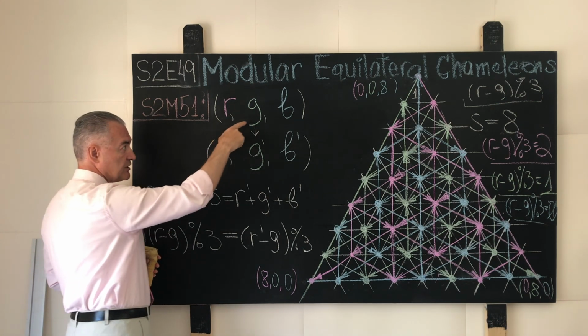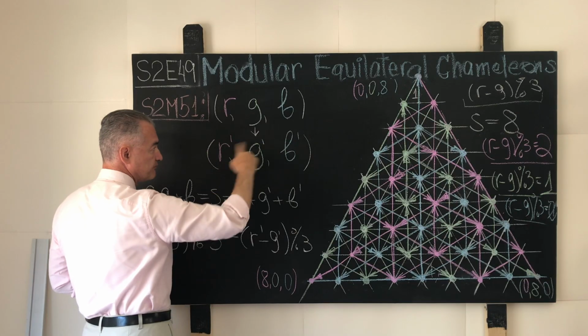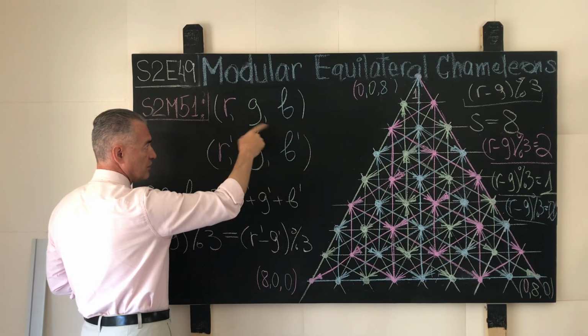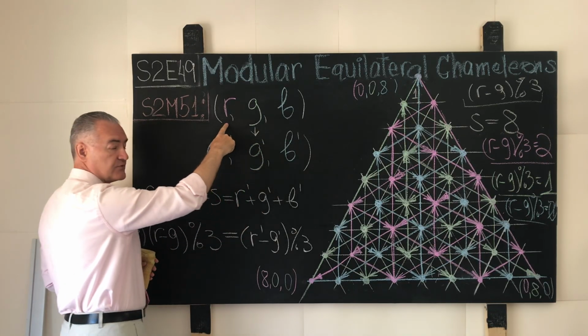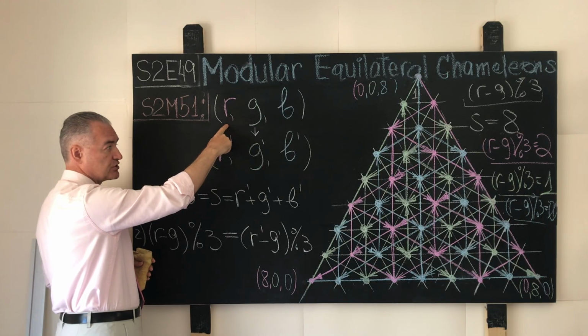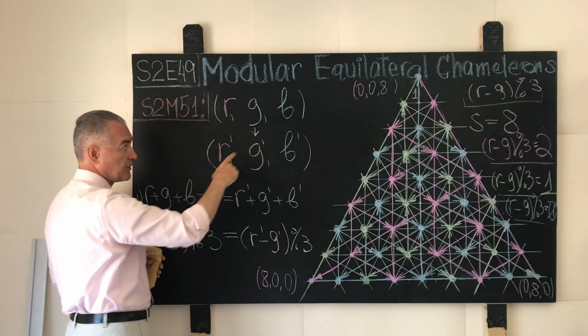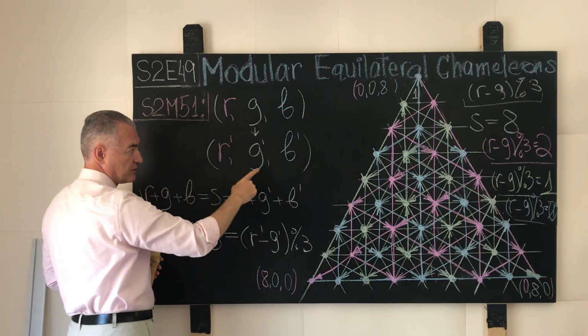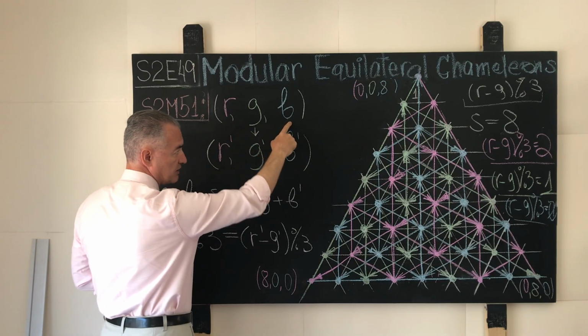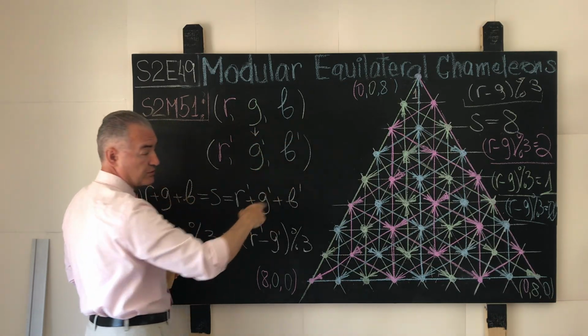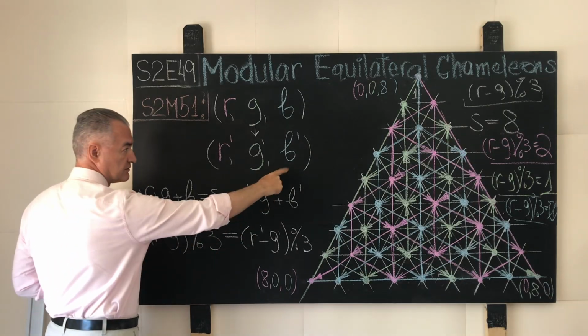Obviously, we keep the positions of the color assignments in the destination triplet the same. If red sits in the first spot, then red should sit in the first spot. If green is in the middle, then green should be in the middle. If blue is on the right in the original triplet, it should be on the right in the destination triplet,